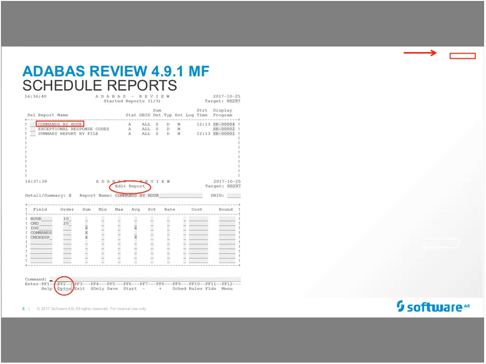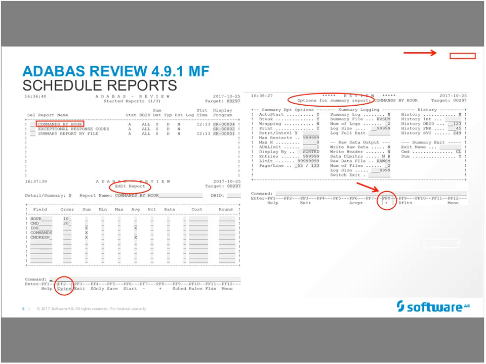For this, I need to go to the edit mode, type in edit report, and then I go down to the options, and when I click on PF2, I get the first set of options. This is the standard you already know, and here you need to click on PF8, so for the next page,